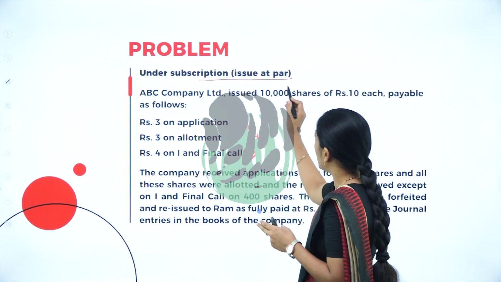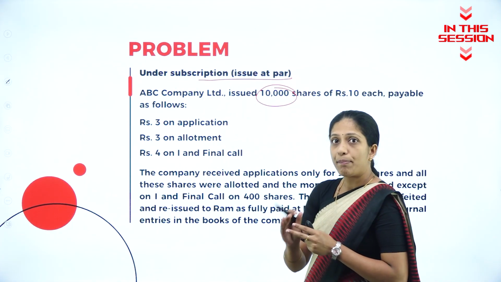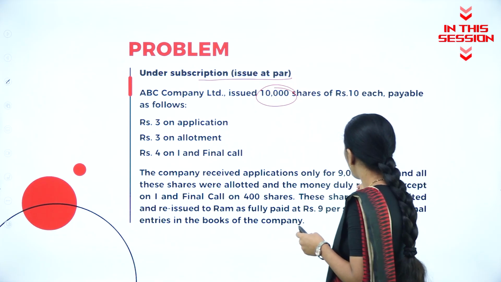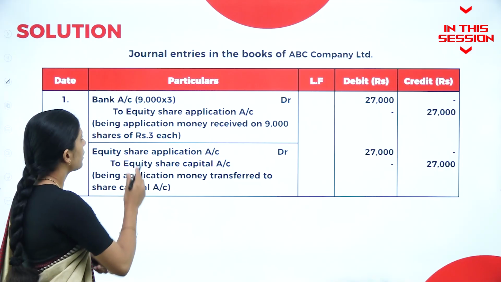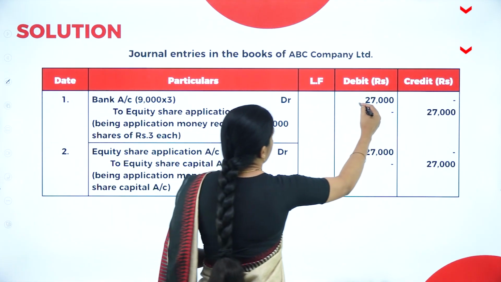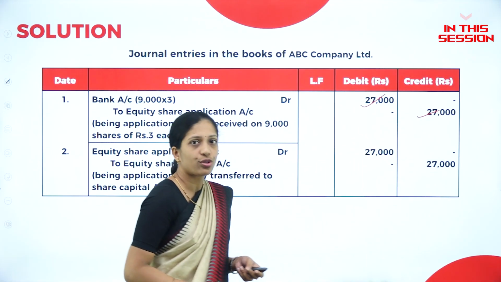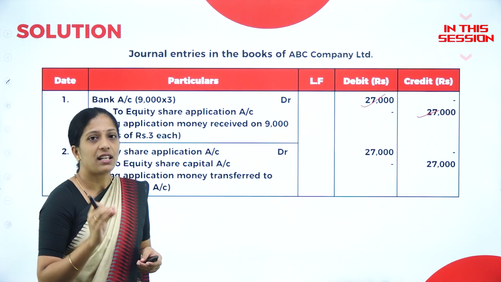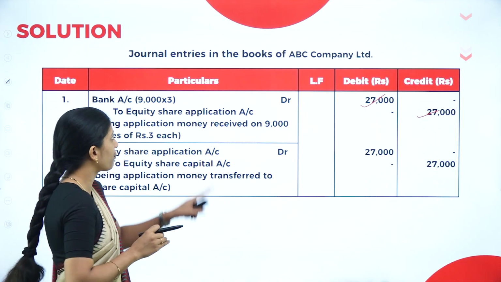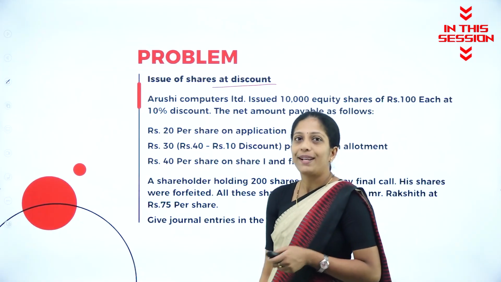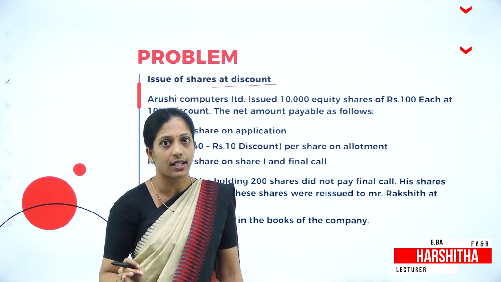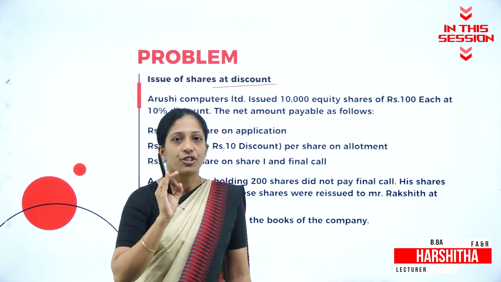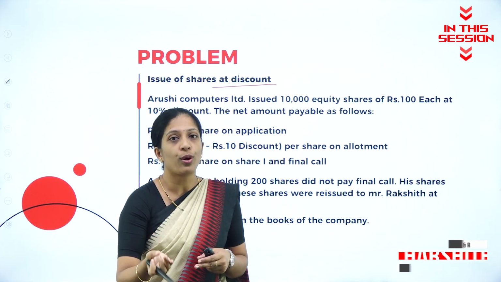Suppose the company requires 10,000 shares, but the applicants have applied only for 9,000 shares. This is known as what? Under subscription. 9,000 into 3, that will be 27,000. Your narration also remains the same, being application money received on 9,000 shares of rupees 3 each. Normally, as per Companies Act 2013, shares should not be issued at discount. But when they are going to issue shares at discount to their own employees,